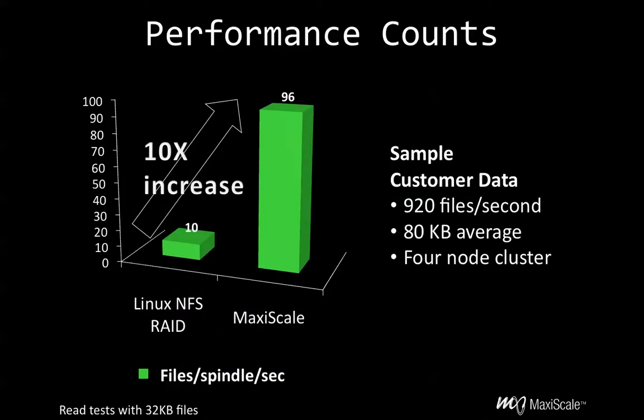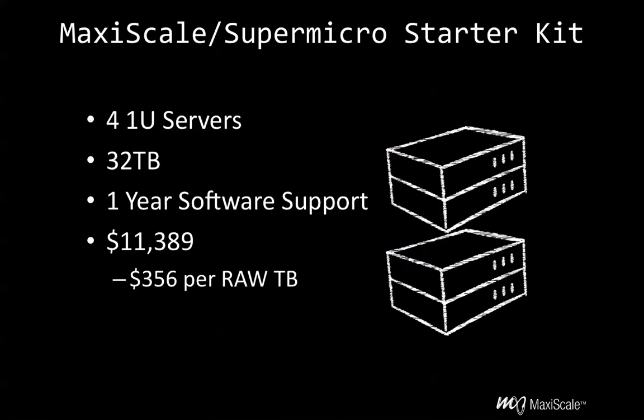We believe in performance at MaxiScale and have done a lot of work to make sure that our software and commodity hardware can serve as foundation infrastructure for scalable applications. When it comes to small files, using our small file optimizations, we can get as much as a 10x improvement in the files per spindle per second by matching the file name to the specific block location on disk. This is a huge advantage for people who are suffering with small file problems in the world of web and cloud applications. We've done a lot of work with partners such as Supermicro to make sure that customers can get commodity hardware at extremely competitive pricing.